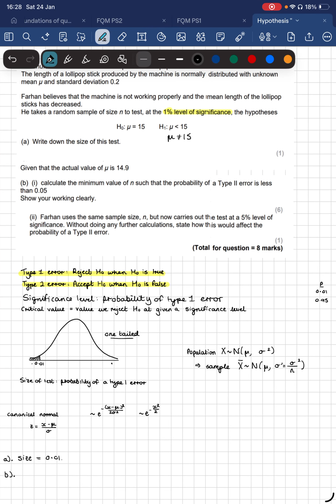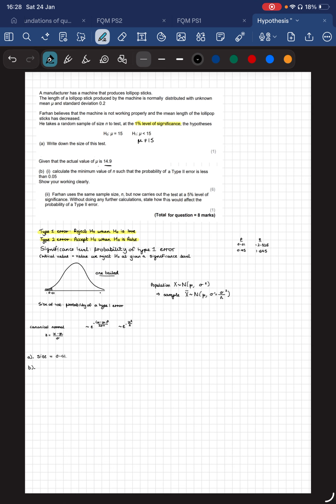Okay, B is a little bit more complicated though. Given that the actual value of mu is 14.9, calculate the minimum value of n such that the probability of a type 2 error is less than 0.5. And this is a 6-mark question, so clearly there's a lot to do. I think it's easier to just jump into this one and then justify it as we go along. So first of all, what we want to do is